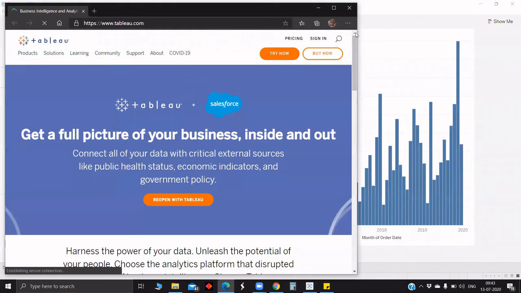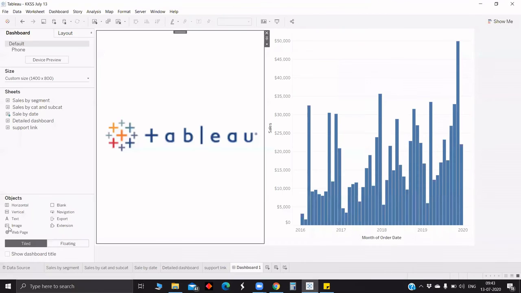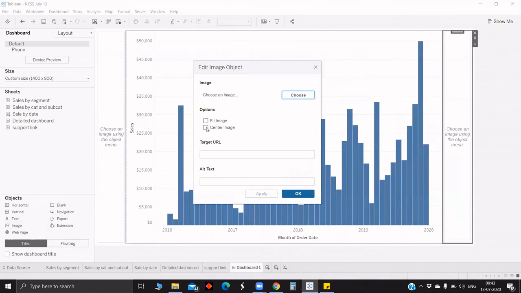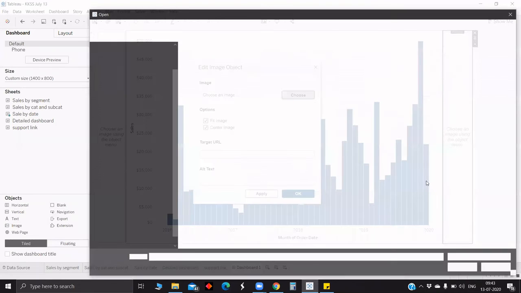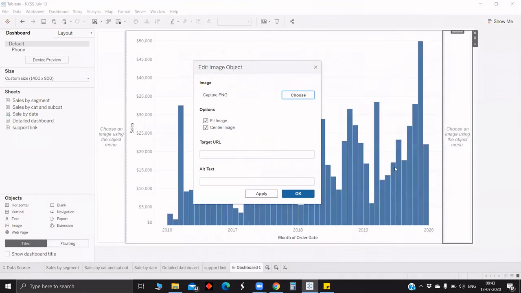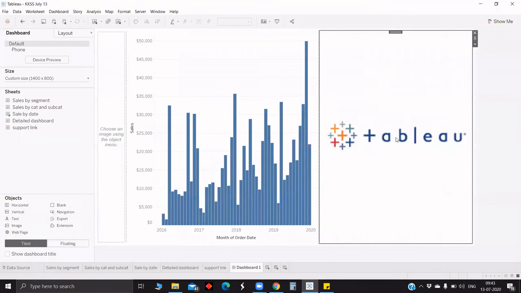It's not always necessary to give a link behind the image. You can just give the blank image by leaving the target URL empty. It's not always necessary to fill in the target URL, and if it is empty it doesn't show any error. In that case we will have only the image, we don't have any action behind the image, so if we click, no pop-outs will be there.